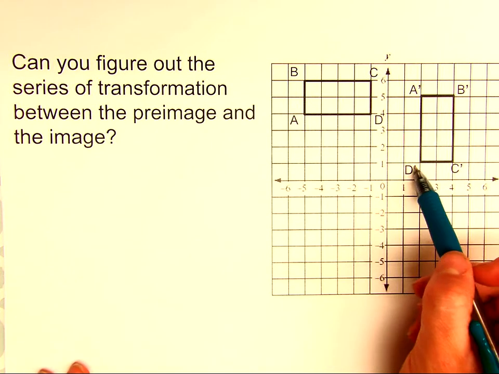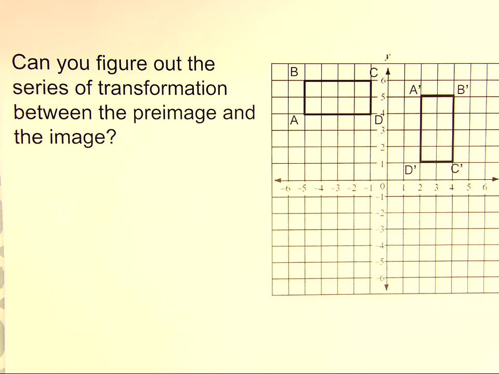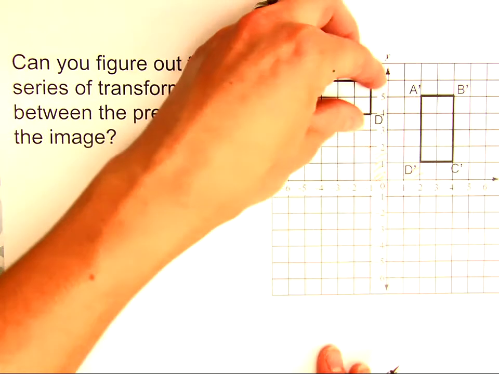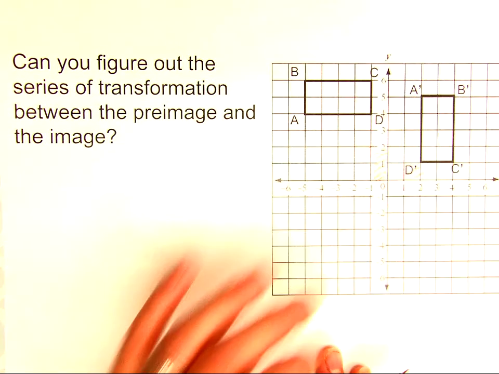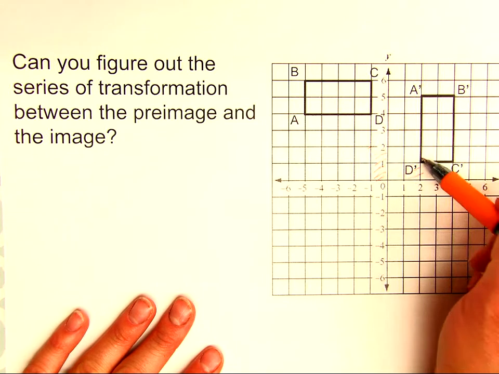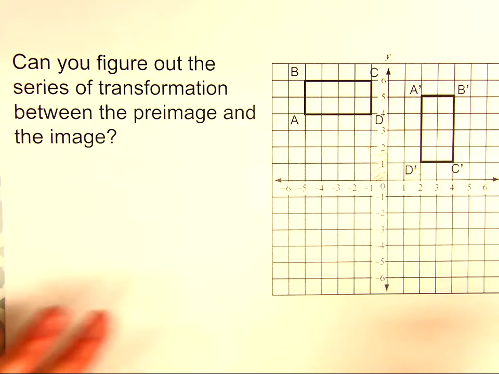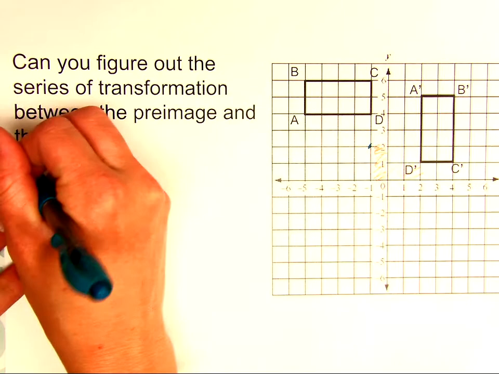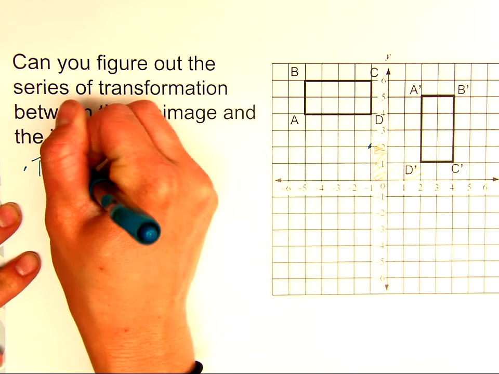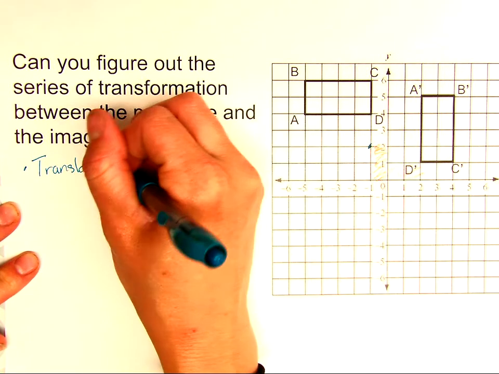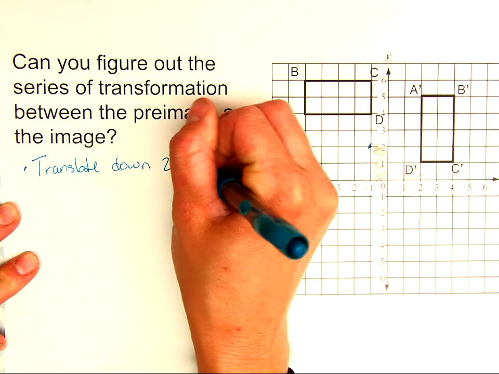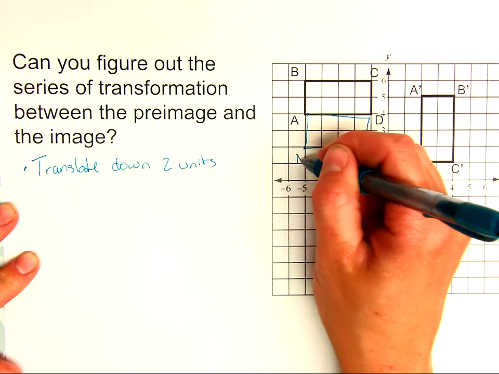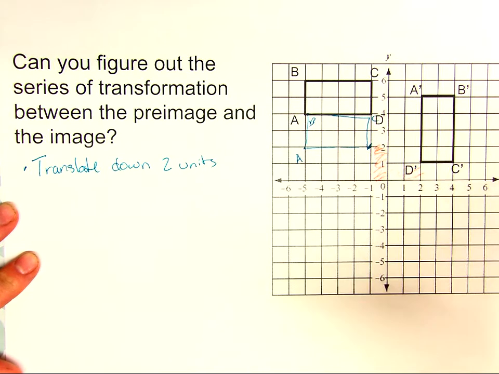So I can see this rotation here. If I was looking around the origin, I can see this 1 by 2 square, 1 by 2 square. So I could translate this down and then do my rotation. Or if you like your points, I could line up my D's and then rotate on that figure. I can see around the origin a little bit better, so I'm going to do that. So I'm going to translate the image down 2 units, because then I am here. This is my A and my B. We got to make sure all of our letters line up, and then I'm going to rotate